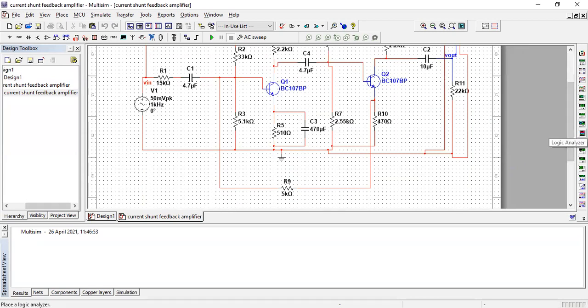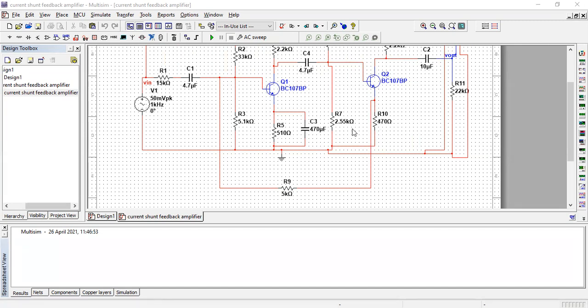So from where are we taking the output? First thing, this is the circuit. Are you able to see my circuit, Amma? Whatever I have shared previously, current shunt feedback amplifier, are you able to see? So see, where is the feedback network connected? Why is it called current shunt? Understand this carefully. Previously, where we connected our feedback from the output directly, we took the output. So I connected to the collector terminal.